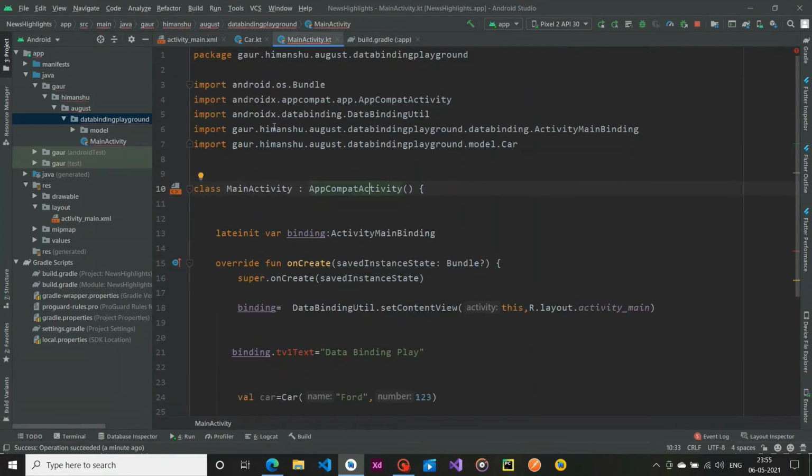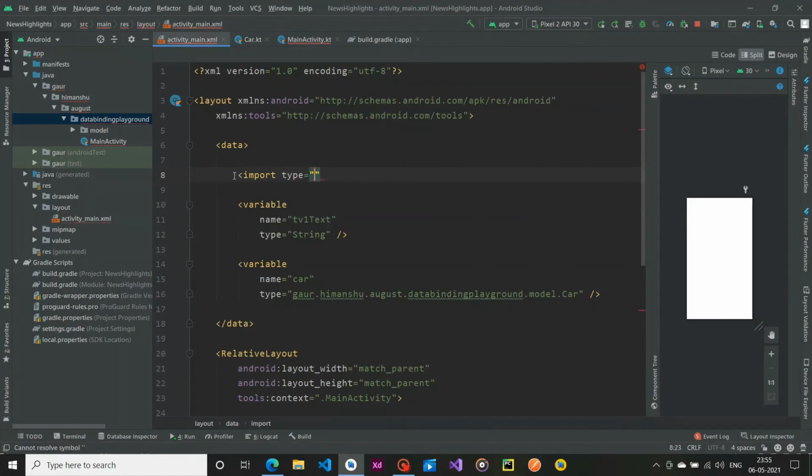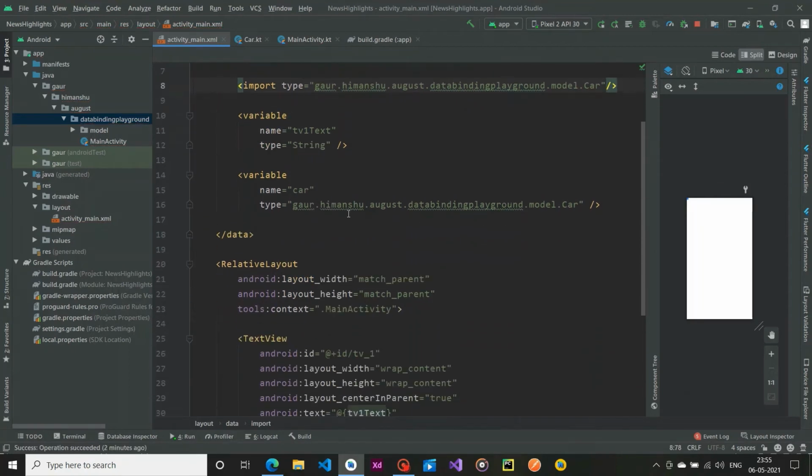This type of import in our Kotlin or main activity. For our data binding layout, we have this type of import. So we have to import by giving the type. So type is Car, and accept this Car. And you can see instead of writing this long string, we simply write Car, because Car is imported, we have no problem. All right, so now we have the variable car.